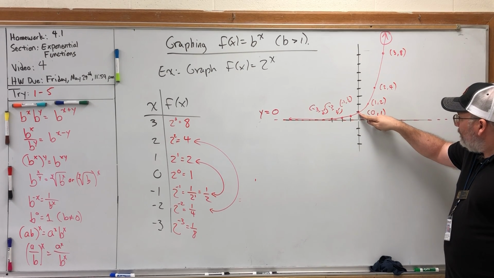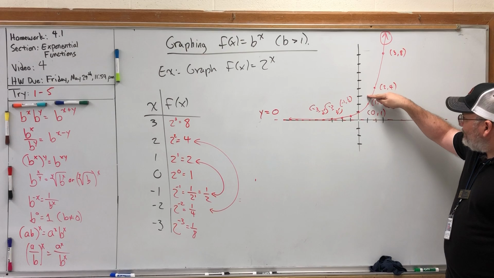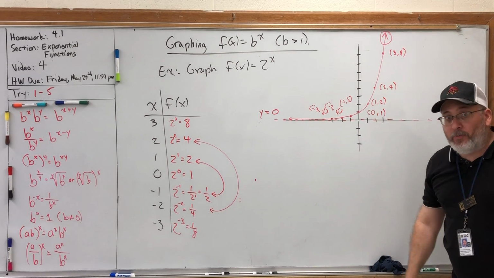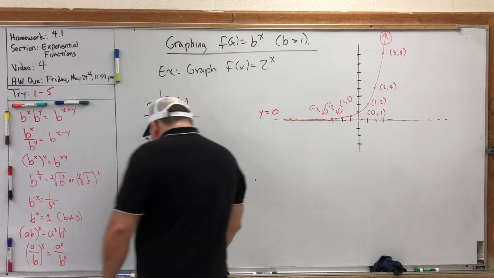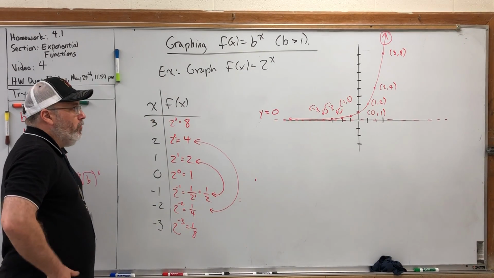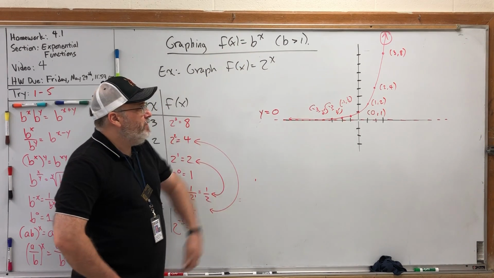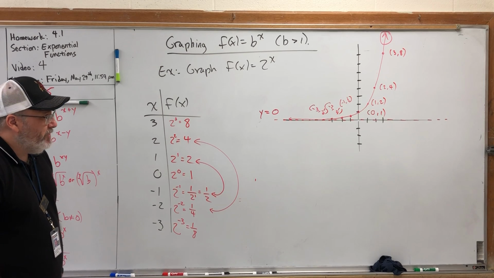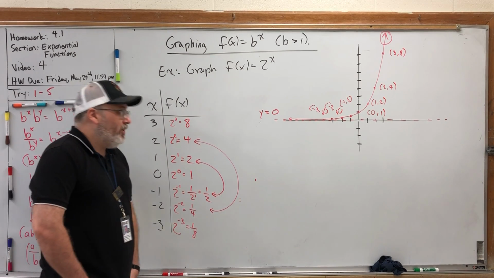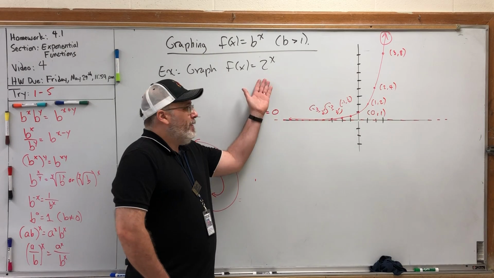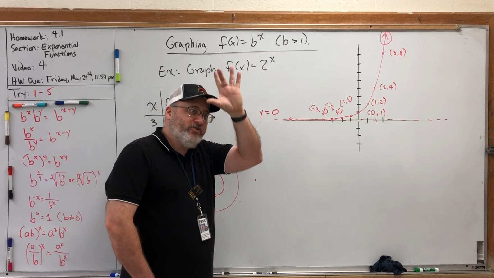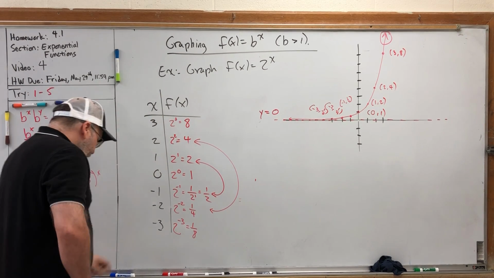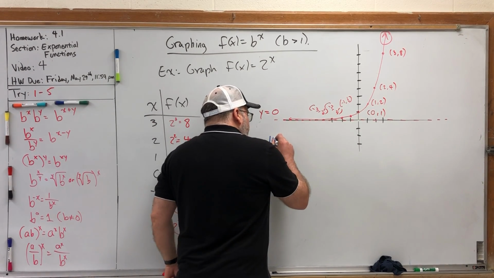But if the base were 3, then it would get 3 times as high, and then 3 times as high, and then 3 times as high, so it would grow a lot faster. So, what can we say in general about the graph of f of x = b to the x as long as the base is bigger than 1? And by the way, the reason the base is bigger than 1 is because if it were less than 1, multiplying by a number less than 1 over and over makes the number smaller, not larger, as you'll see in the next video. So, if the base is greater than 1,